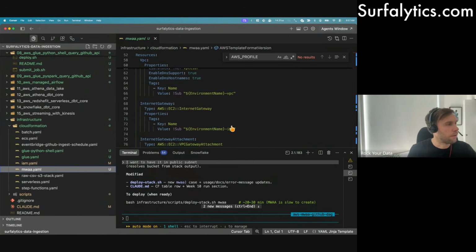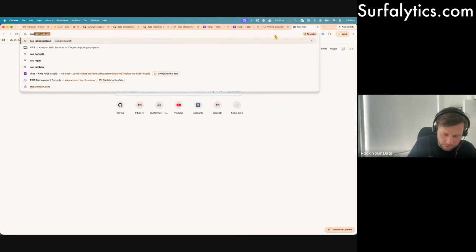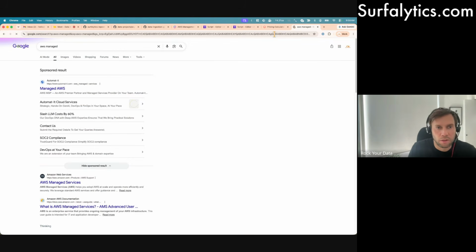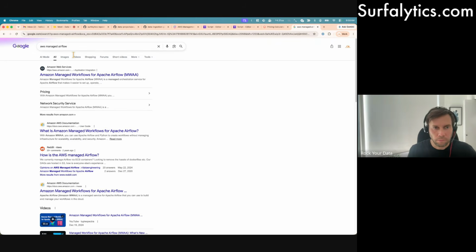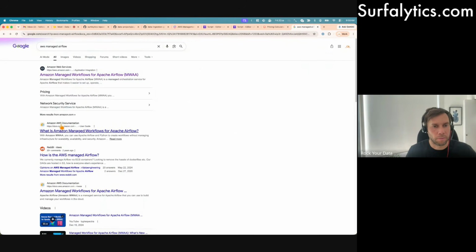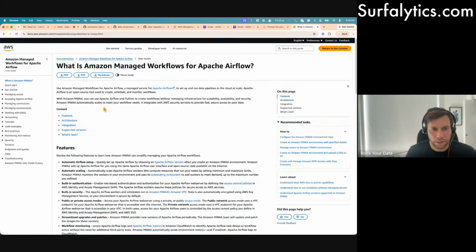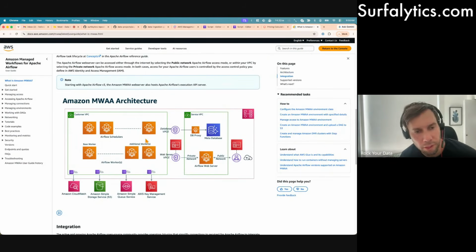And if you're going to AWS Managed Airflow, one can see one of the key differences of AWS Managed, that it's syncing all